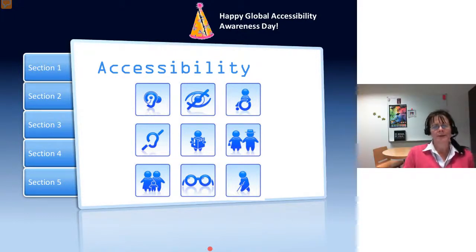A lot of people have seen this. This is a Creative Commons image representing accessibility. Can you use your chat windows and type in what you think those accessibility icons stand for, or whether you think some other things should be included?